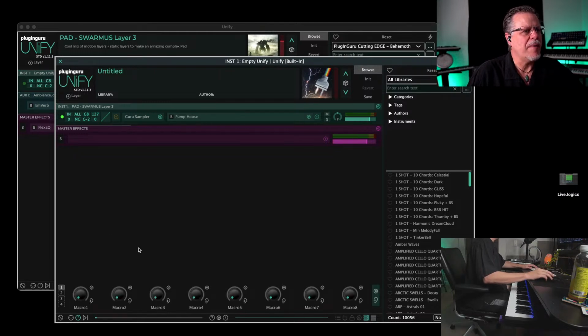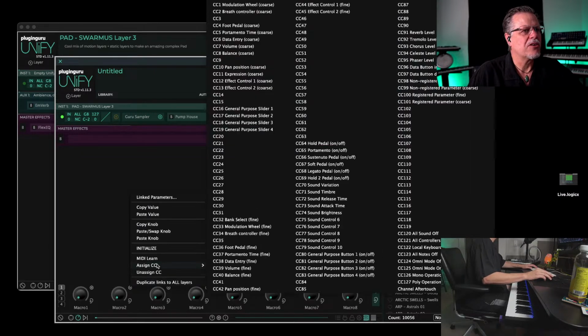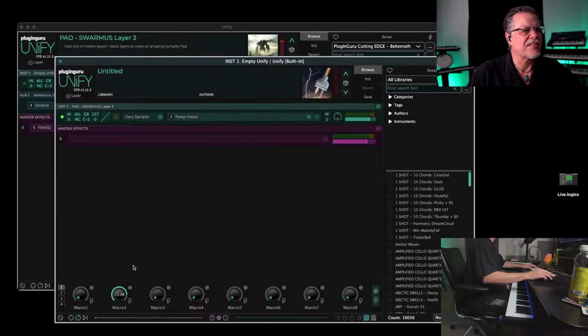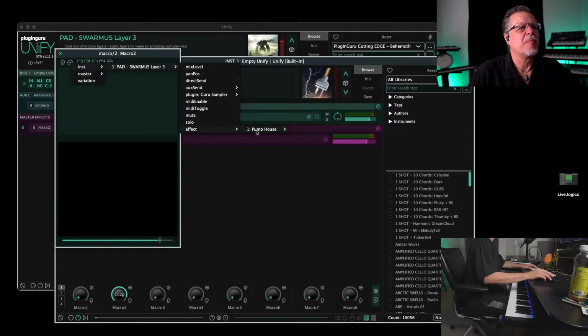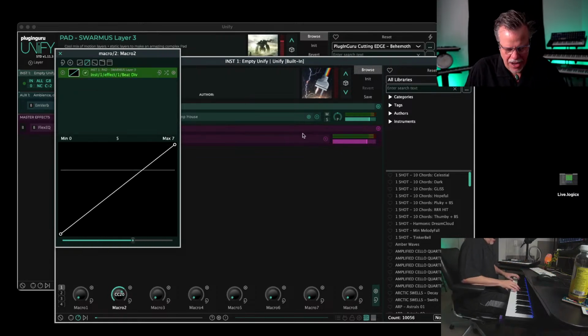So it's got the pump house at this layer. We need to go assigning the CC so that this knob starts to move. And now we need to pick out what we want to assign to this. And I want to assign the pump house rate. They call it beat division. So now,